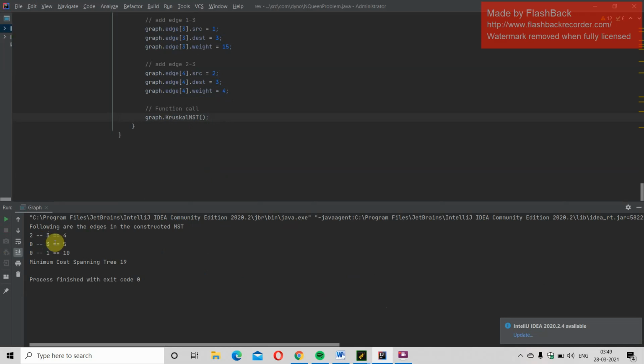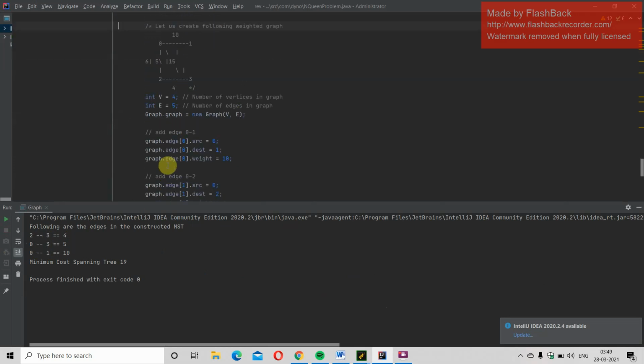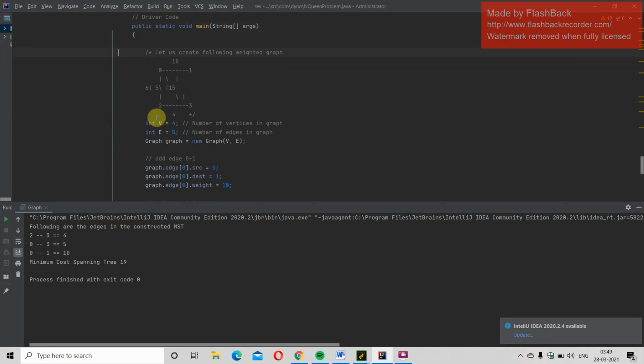I got the value. 2 to 3 is 4, 0 to 3 is 5, 0 to 1 is 10. Minimum cost spanning tree is 19. So this is the graph. 2 to 3 does not form a cycle, so 4. 0 to 3 does not form a cycle, the value is 5. 0 to 1, the value is 10. 0 to 1, 0 to 3 and 2 to 3.